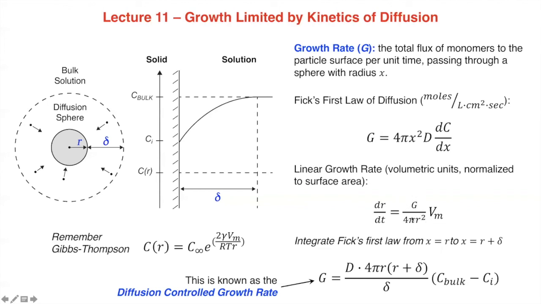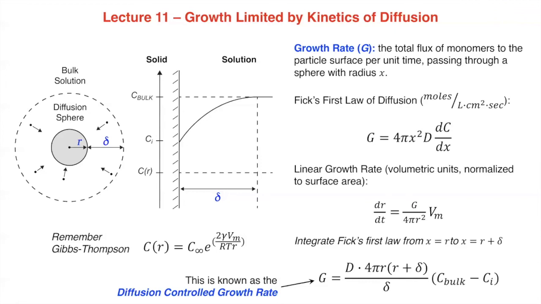So if you take all of the monomers flowing to the crystal and you divide by the surface area, you can get the change in the radius with time after you include the volume of the units that are attaching. So this molar volume is included there to do that conversion to geometry instead of number of